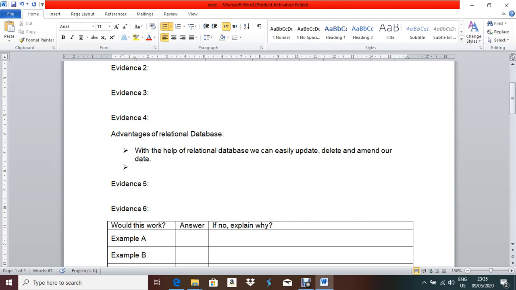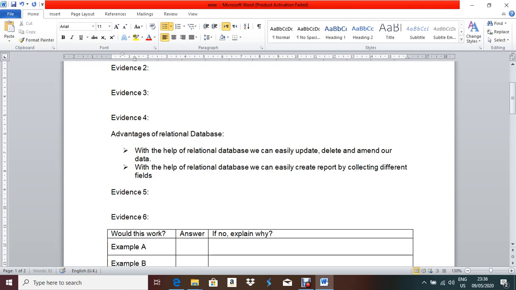Then the next advantage, with the help of relational database, we can easily create report by collecting different fields from different table.